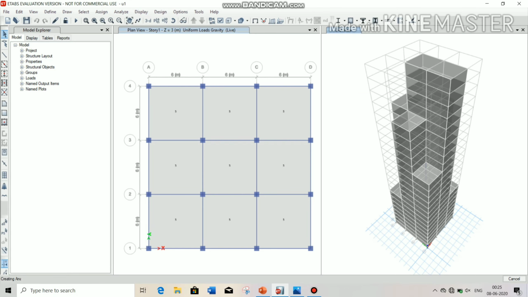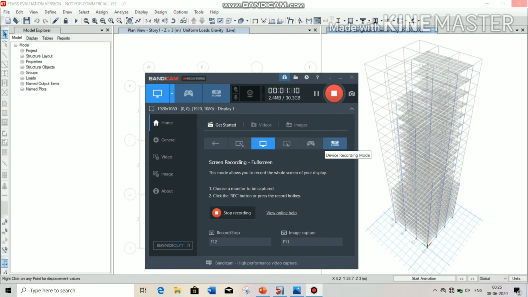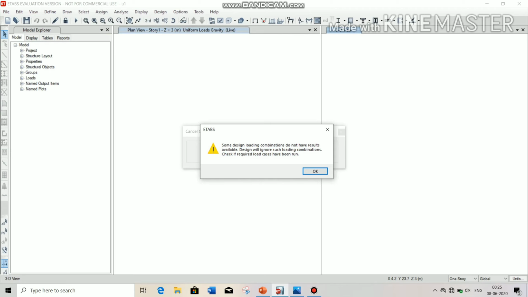Now the analysis is in progress. After the analysis, the design check will start automatically.